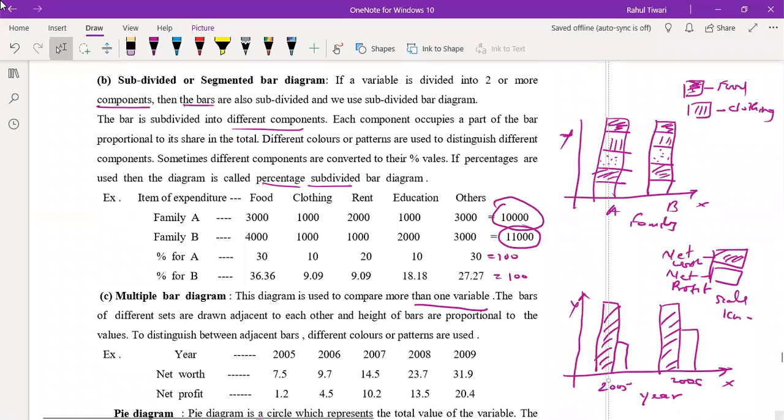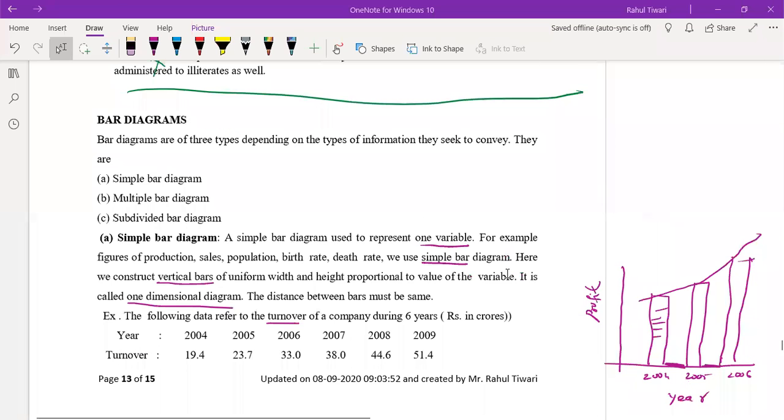Yes, any question so far? Let me know. If you have any question related to simple bar diagram, multiple, subdivided, or pie, let me know. Otherwise, I can